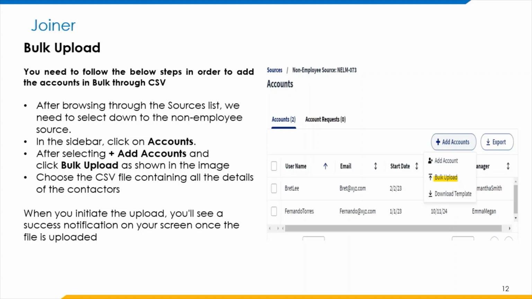Before uploading, you need to take care that start date and end date should be in ISO 8601 format. You need to add the country code for the phone number. After adding data in a proper format, click on Accounts, select Bulk Upload, and choose the CSV file containing all the details of the contractor. When you initiate the upload, you will see a success notification on your screen once the file is uploaded. And coming to the next slide,